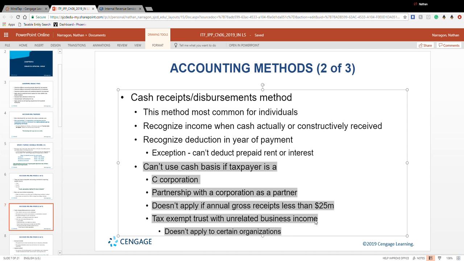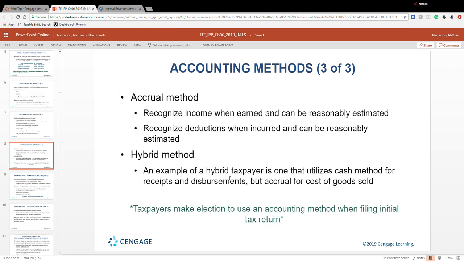Also, people that get to use cash a lot are farmers. Farmers get to use cash no matter what, so they don't fall under any of this. This is where it says certain organizations, even the farming community if it is a C Corp. Farmers get a little bit lucky, okay? So,